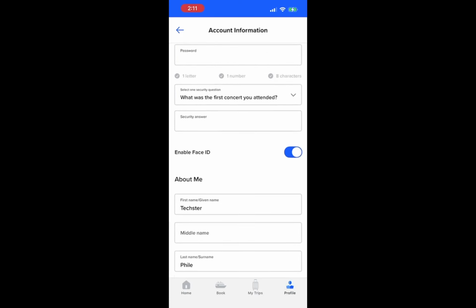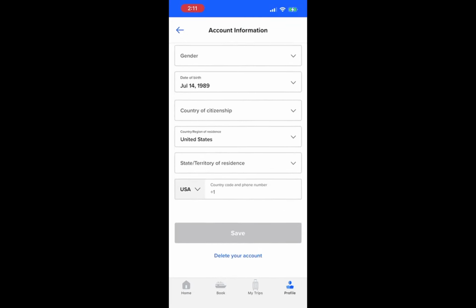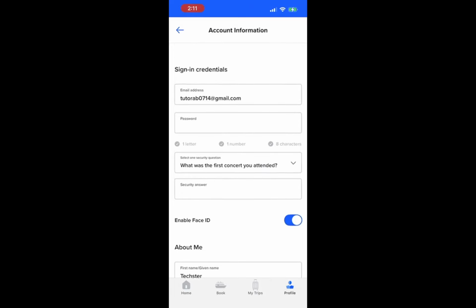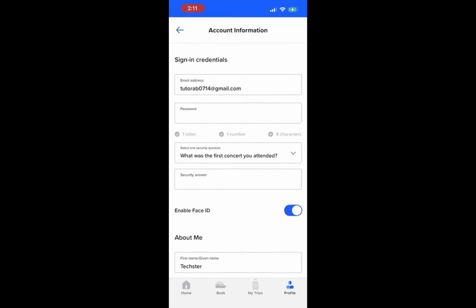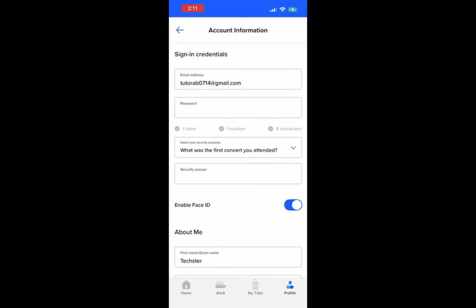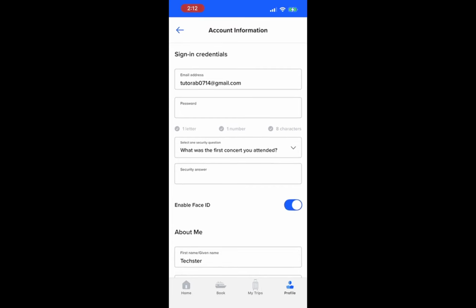If prompted, verify the new email address. This step may involve checking your inbox for a verification email from Royal Caribbean. It's essential for confirming that you own the new email address. This verification process adds an extra layer of security to your account. You want to ensure that all changes made are intentional and authorized. Once you've completed this step, you are almost finished with updating your email.